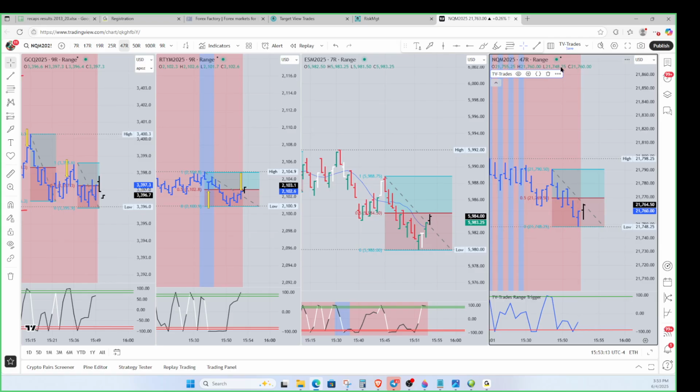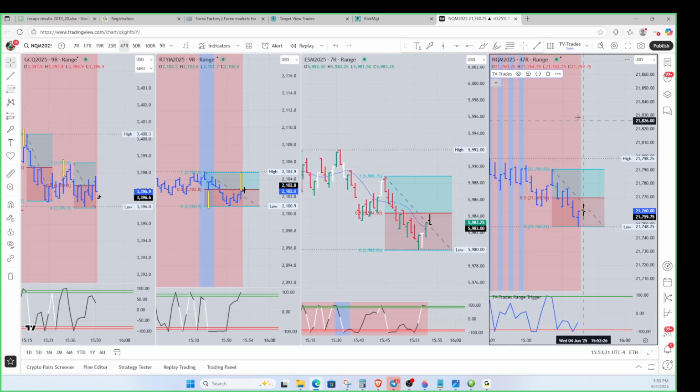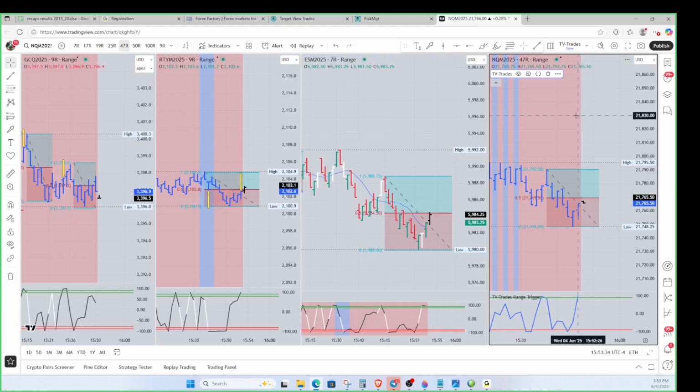That stuff that's in the trade table, the risk reward and all that, is not related at all to the stuff that's in this risk management thing. The stuff that's in the trade table is based upon prior swing highs and lows. Okay? It's not based upon any of this. So to further your question that you would email to me, if you go to like a minute chart or a range chart, a minute chart or any other time frame chart, this is a good spot to trade right here on the NQ. If you go to any other kind of chart,